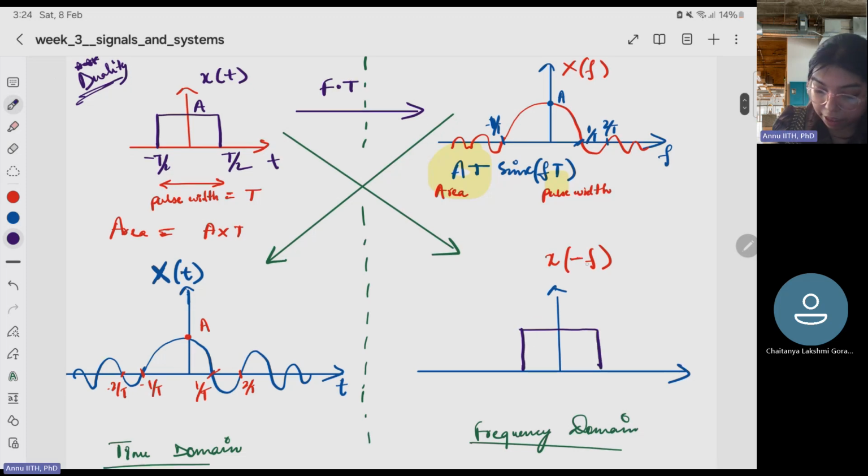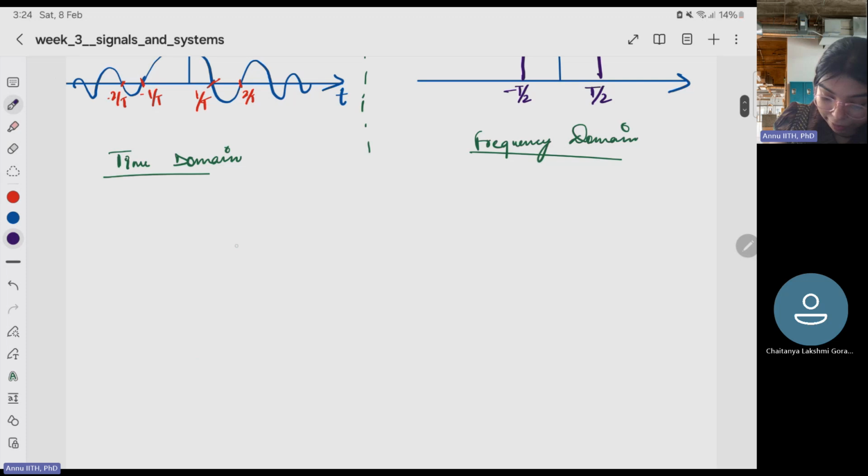So what is x of minus F? Since it is an even signal, x of minus F or x of F is the same. But remember this, the function is the same. Small f is there. And this is A, this is minus T by 2, this is T by 2. Very interesting. So what I'm trying to say is whenever we have this duality, that is giving x of F,